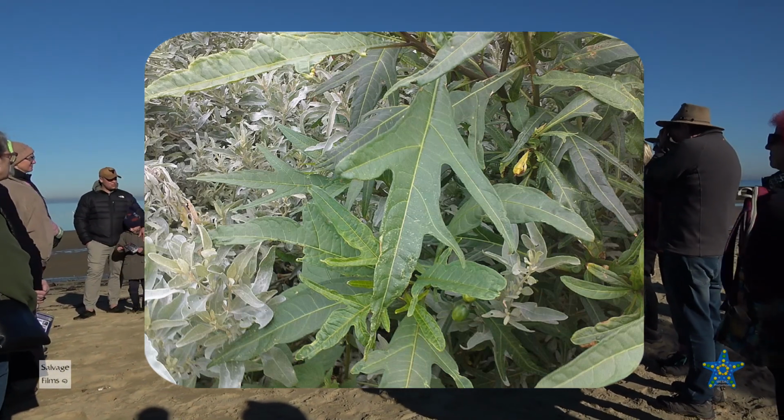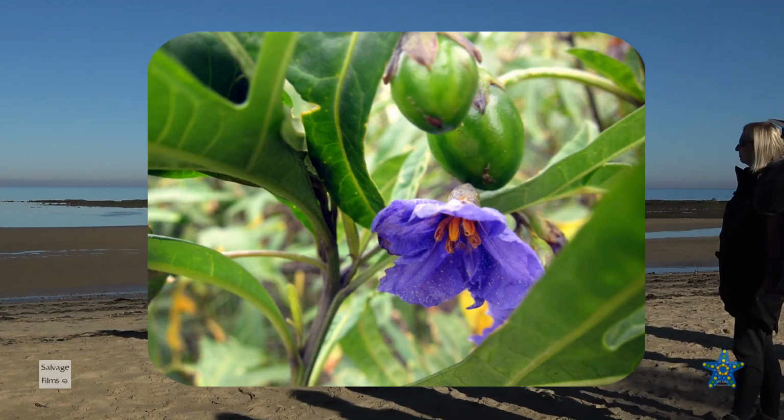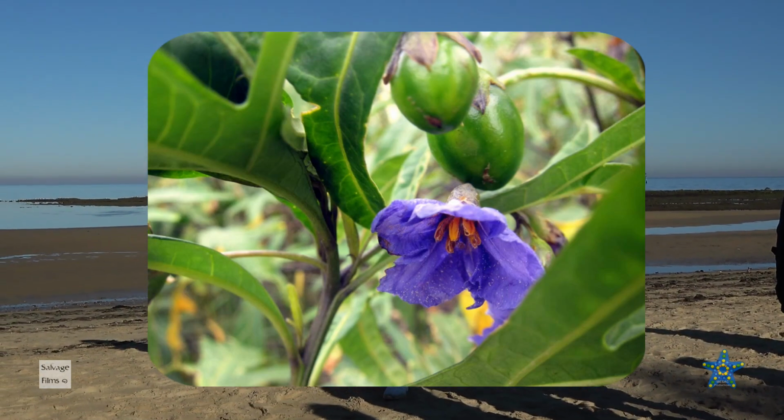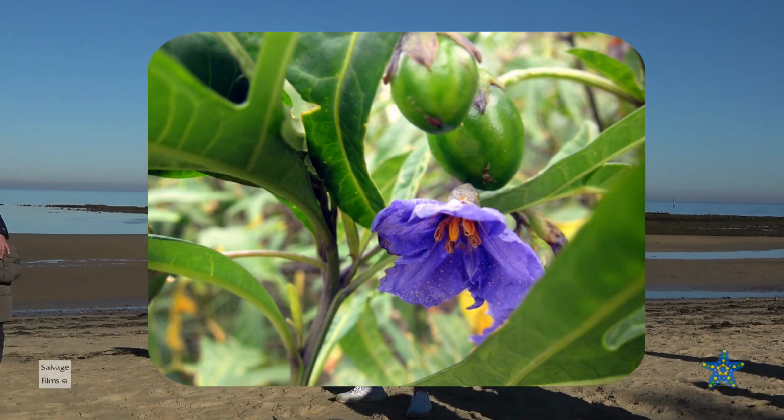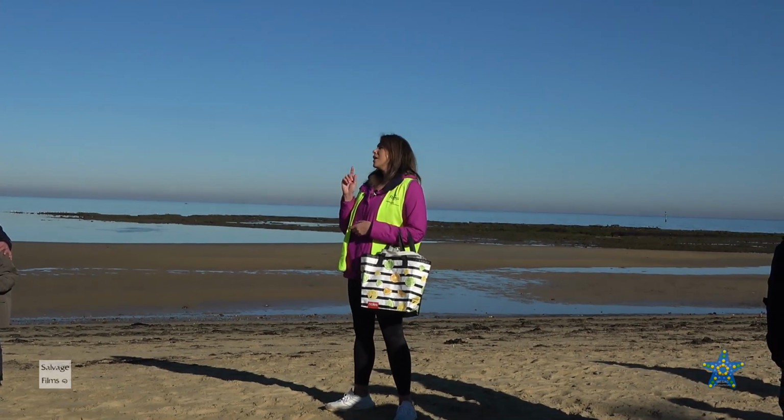Anything that is green on that plant is incredibly toxic. So do not eat anything that's green, and it can cause paralysis, like really yucky gastrointestinal upset, very nasty. However,